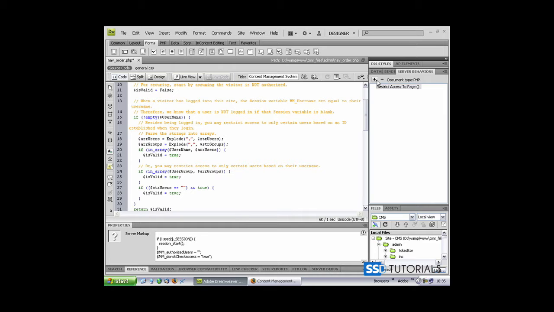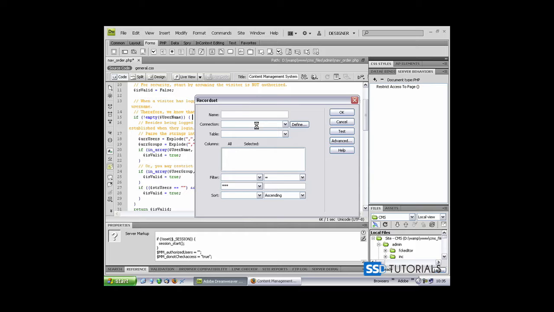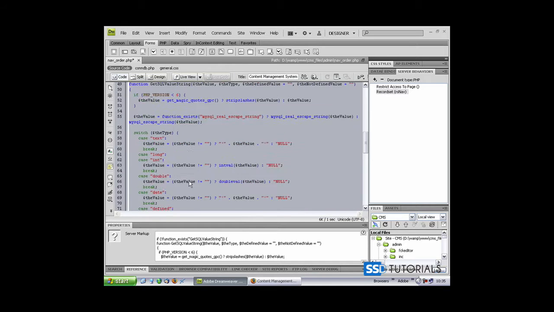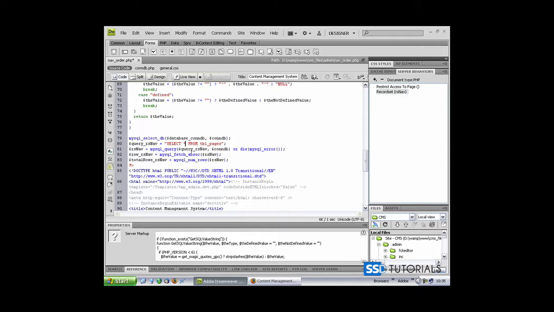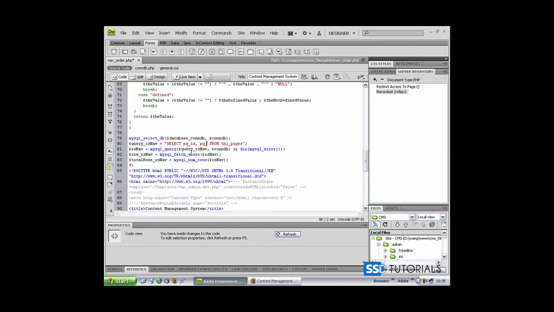Straight away, once we've got our server behaviors open, let's create a record set, give it a name of rs_nav. Table, if we select table pages and click on OK, we need to amend our SQL statement. So we will be populating pg id, pg link, pg order, and nav name from table pages